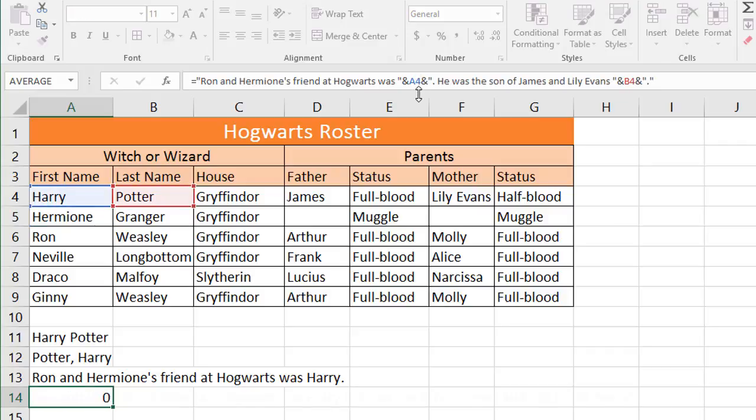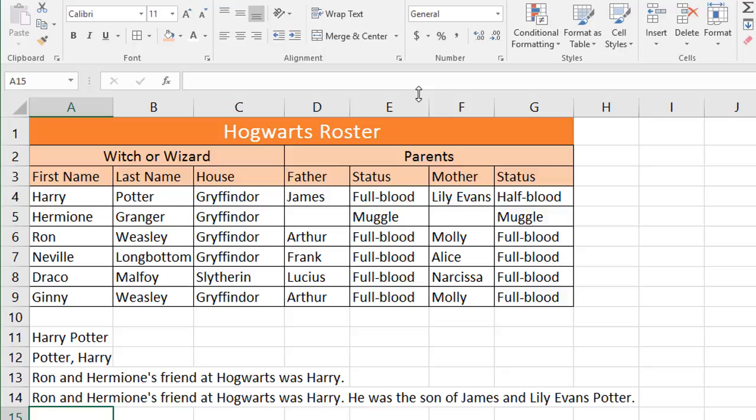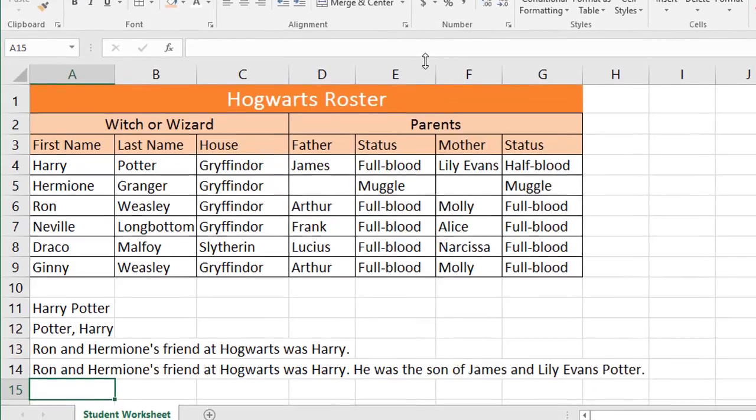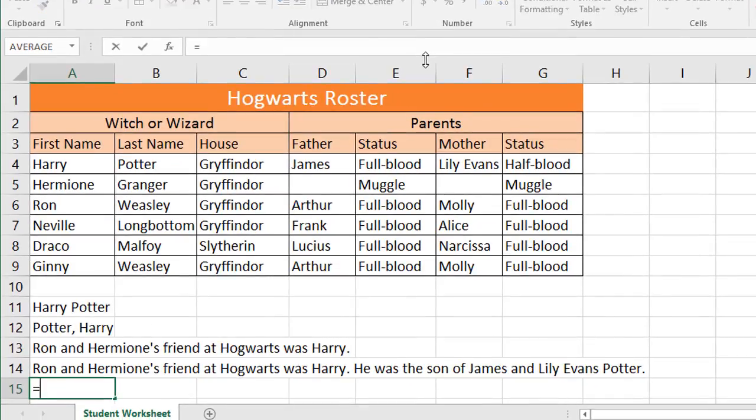So press enter. Ron and Hermione's friend at Hogwarts was Harry. He was the son of James and Lily Evans Potter. Now, we can do more and more and more of this kind of stuff. So here's one more, equals, and then we'll start off here, start off with equals, and I want to just come up and click on Ron's name,